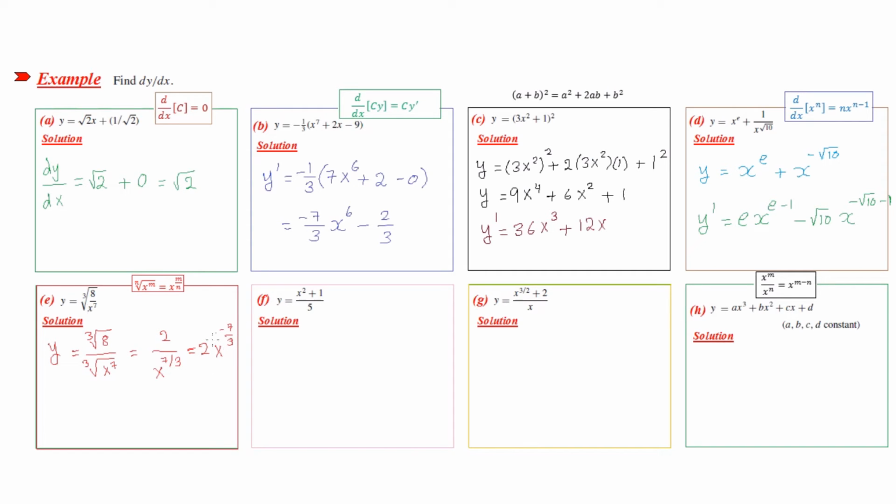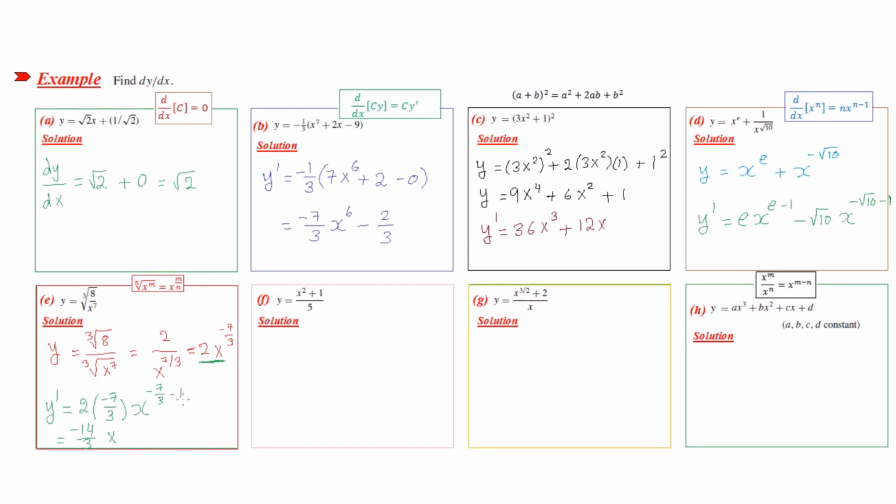This is the simplify of our function. Now you can start the derivation. So y prime or dy by dx equals, you have to find the derivative of this simplified function. So we have 2 multiply by, put the exponent down, you will get minus 7 over 3 multiply by x to the power minus 7 over 3 minus 1. And this is equals to 2 times negative 7, negative 14 over 3 x to the power minus 7 over